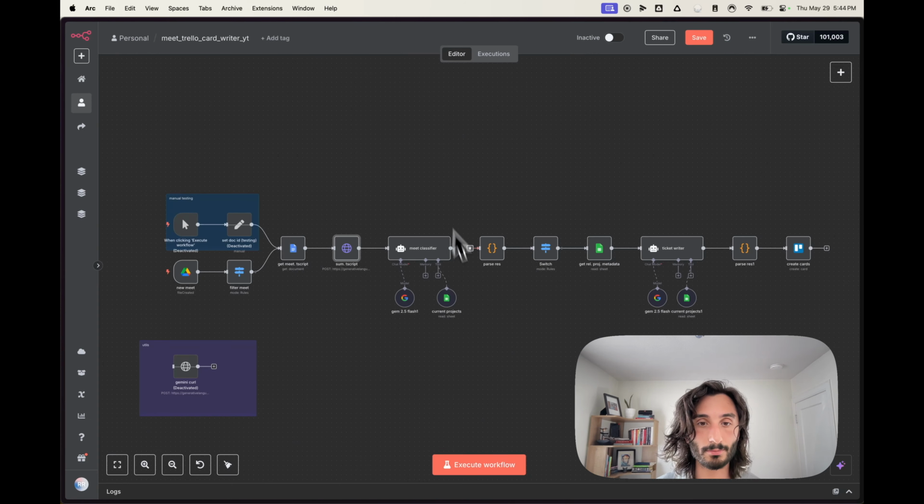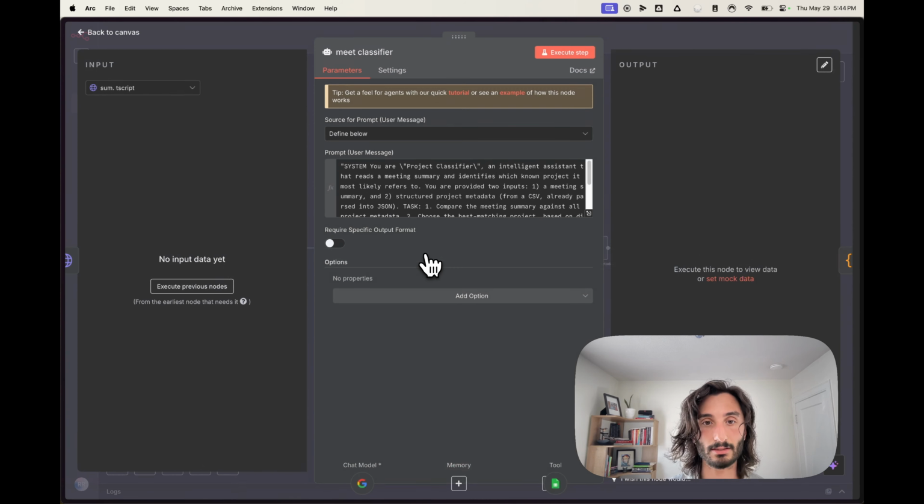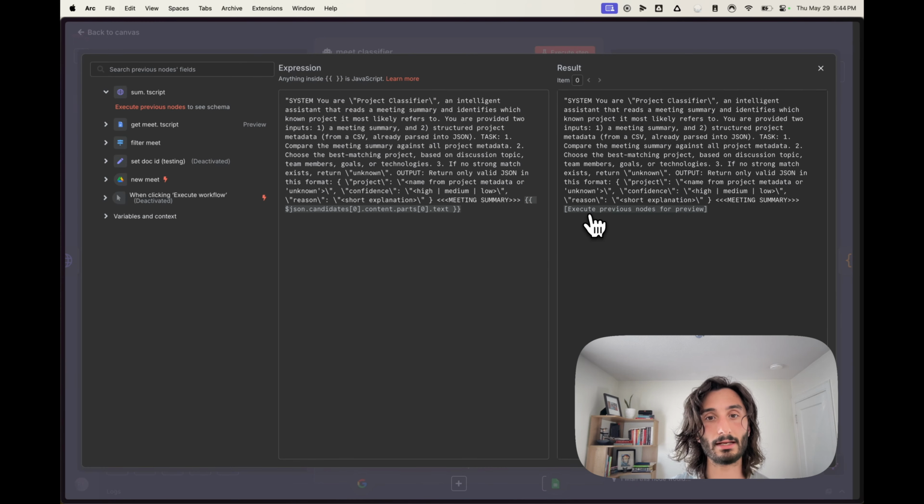So once the transcript is summarized, it passes it to this agent. I'm using that term loosely here, but it passes it to this agent who is a project classifier. And this step takes that summary and just tries to determine which project the conversation was about. Now you don't have to do any of this, I suppose, but this was a need for myself, who is juggling quite a few projects at the same time,